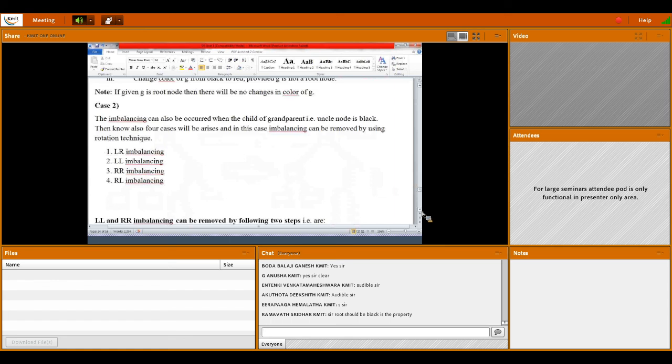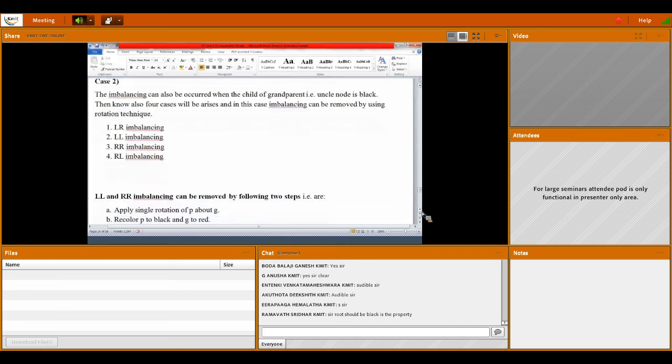If it is satisfying, then the complete tree is already satisfied. In the next class we will see rotation, how the imbalancing is handled in the other case.